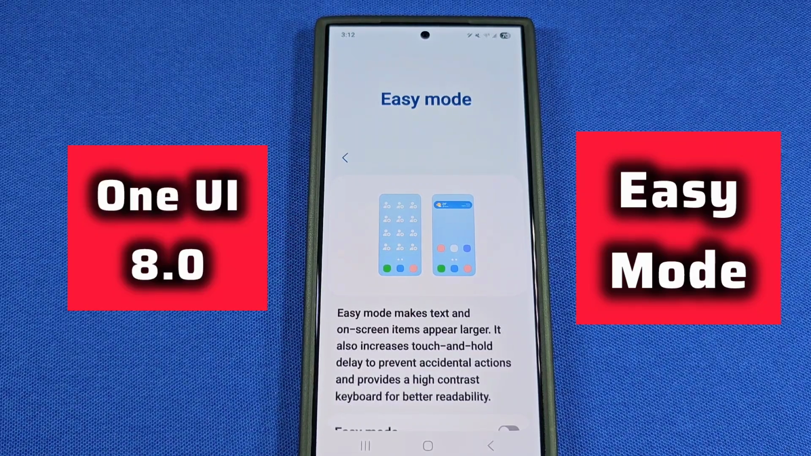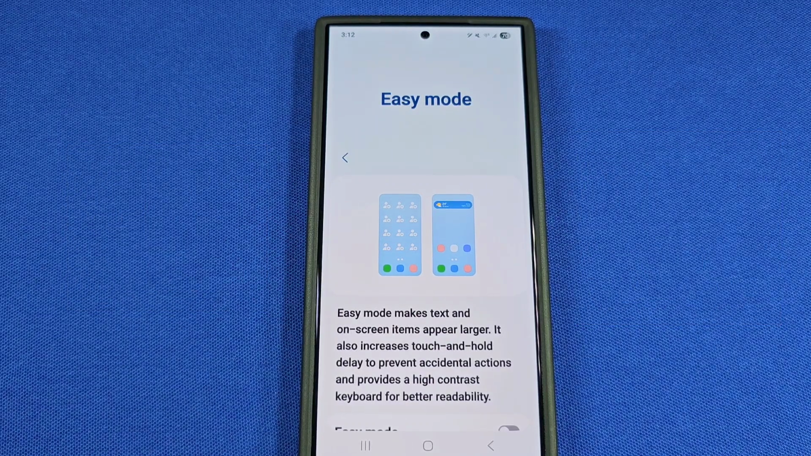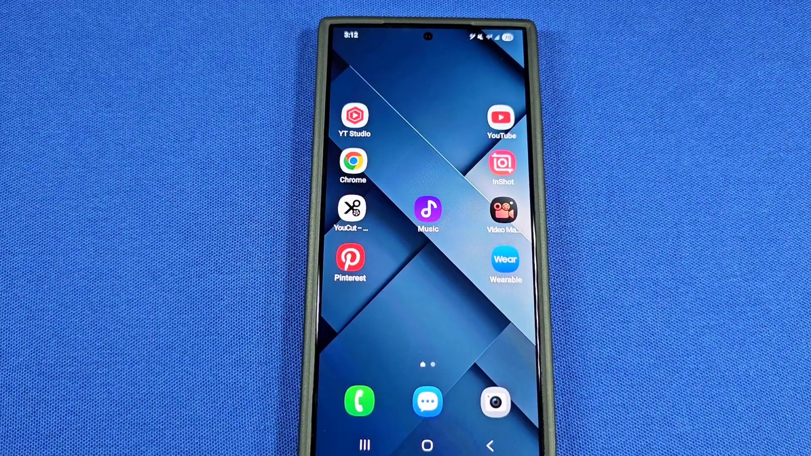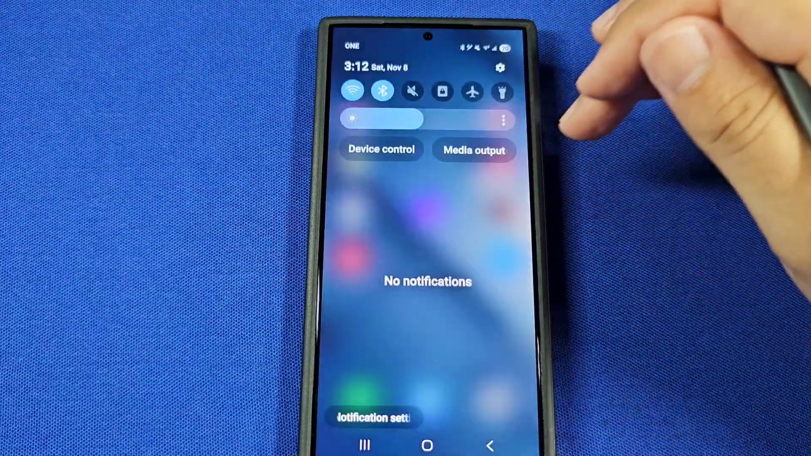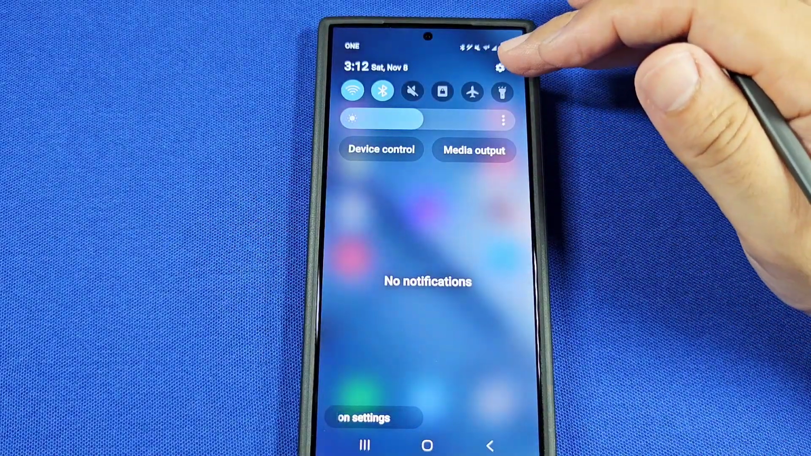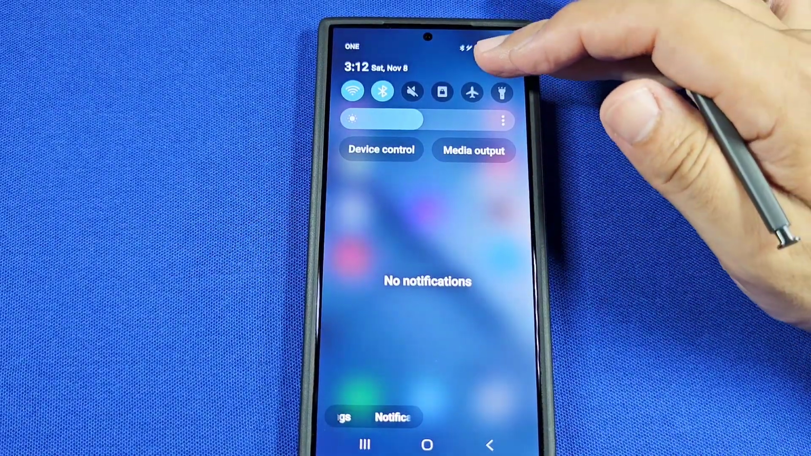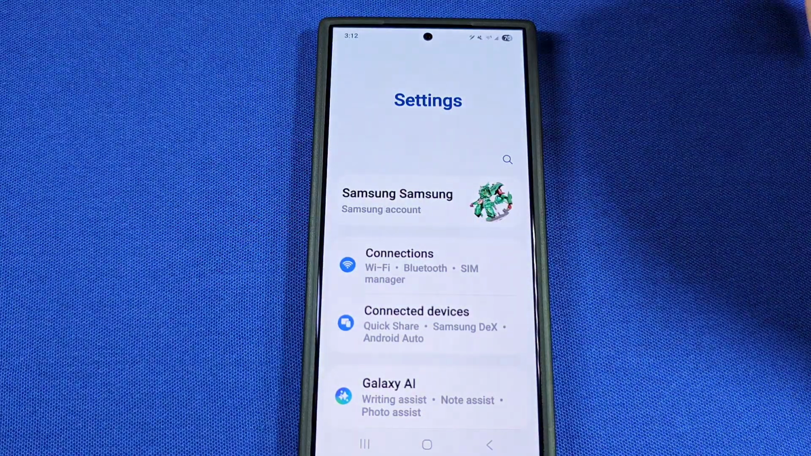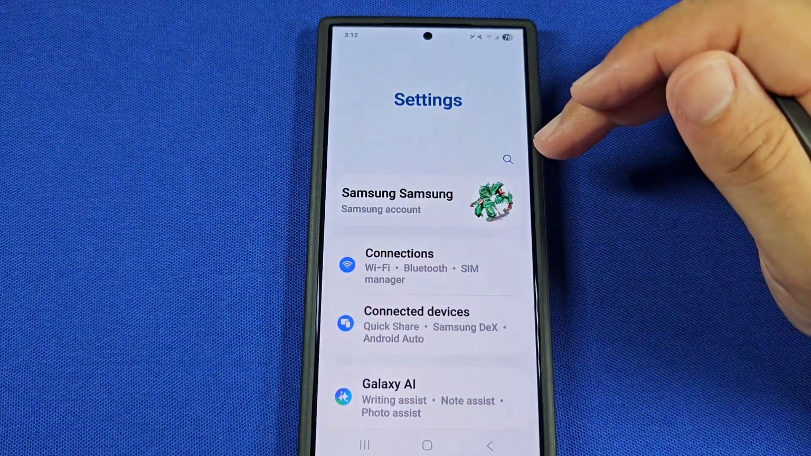Where to find easy mode and enable easy mode for your Samsung phone with Android 16 One UI 8.0. To find and enable easy mode, you can use the quick access and look for the settings toggle found at the top right here. Now, once you're in this area here, you can always use the search option here and